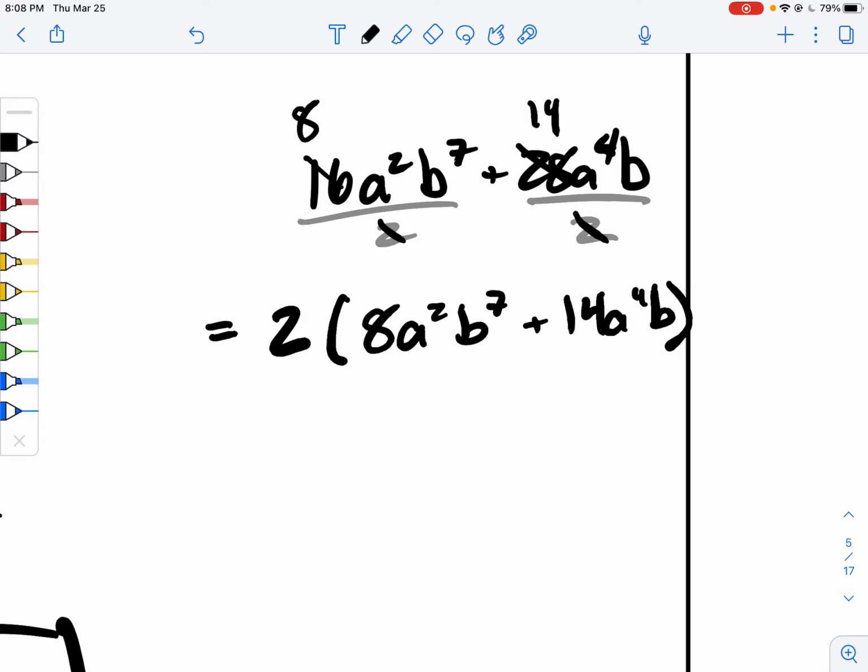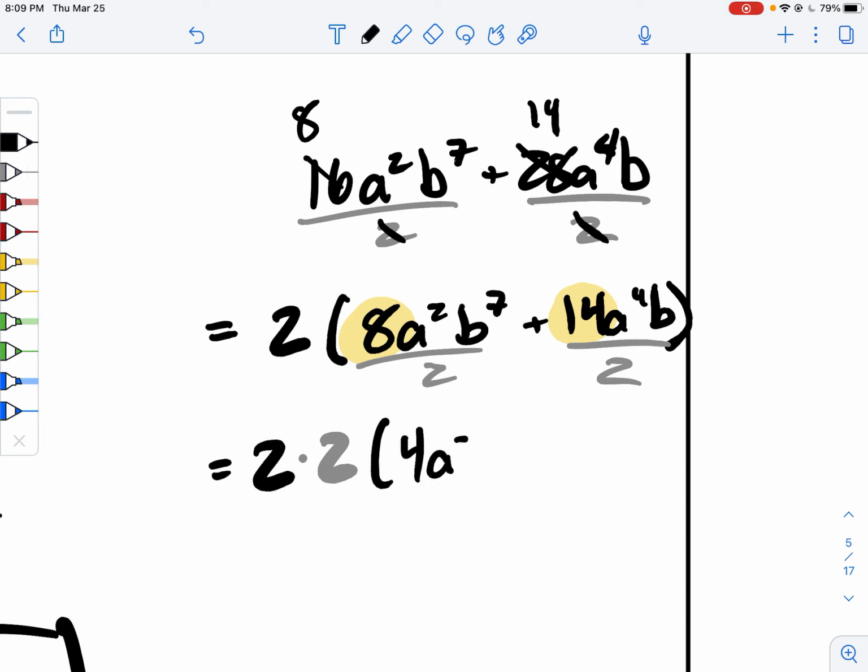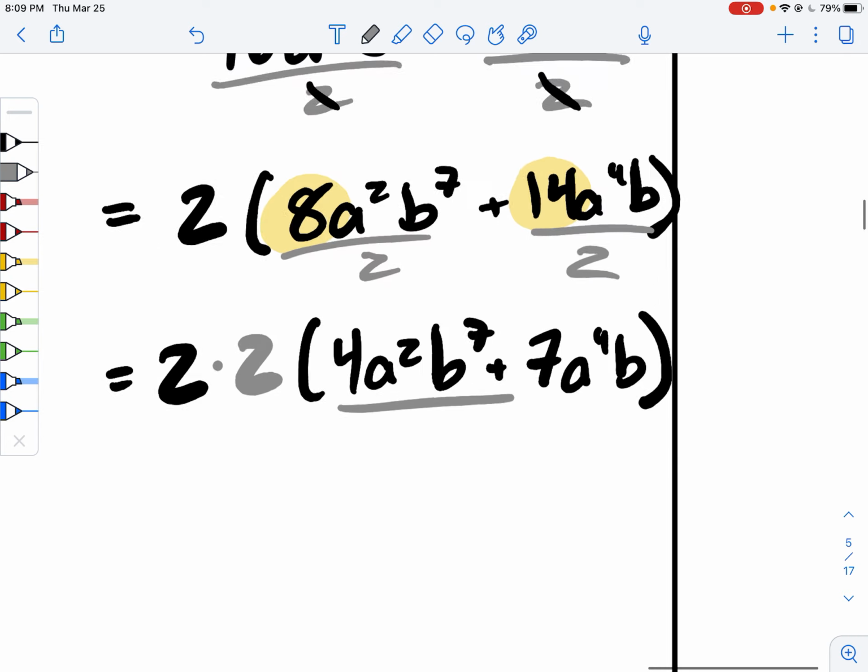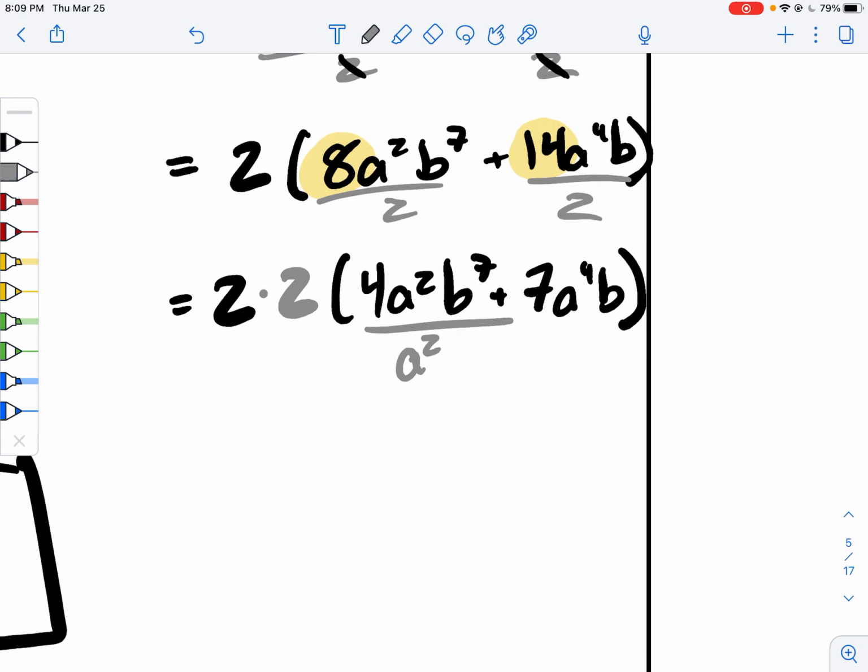That's okay. You just notice, oh, hey, these are still divisible by 2. So I'm going to divide them by 2 again. So now we have 2 times 2 times 4a squared b to the 7th plus 7a to the 4th b. And then you notice they've got variables involved too. So we're going to take out a squared b from both of these terms, giving us 2 times 2 times a squared b times